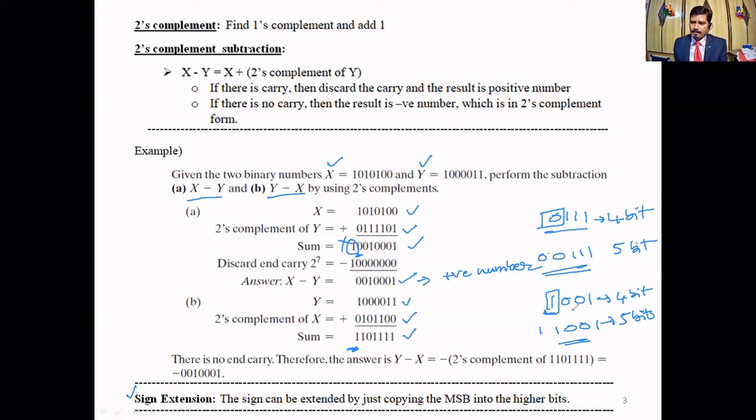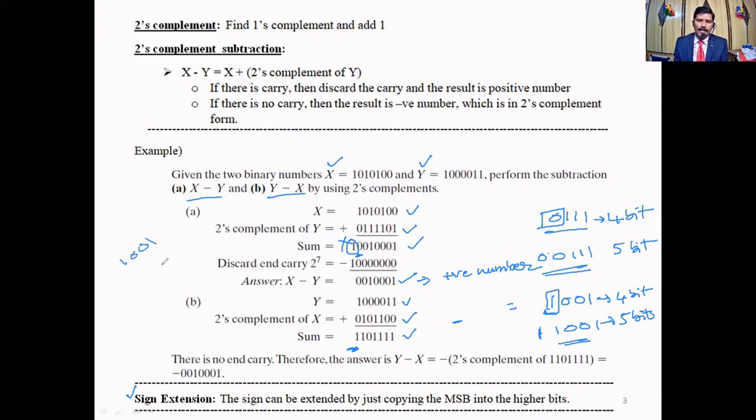Okay. So that clearly we'll discuss in the integer representation next lecture. But this is a negative number. Okay, 1001. That means how much is the decimal equivalent? It is a negative number. So 1 means minus. And because this is in 2's complement form, convert back. How can you convert?